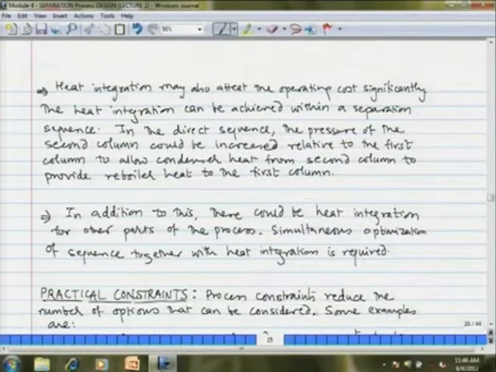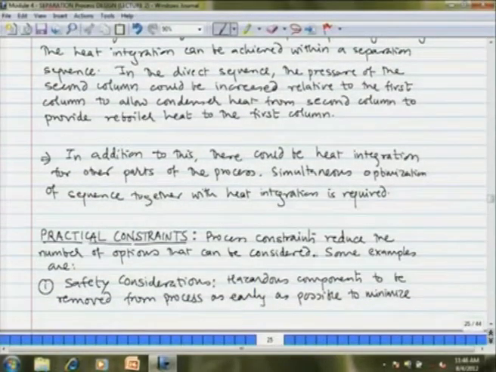All these things about temperature difference you have seen in the course on heat transfer in NPTEL. As I said, we are not here to learn principles, but only application. So, in one column you increase pressure so that the condensing temperature of the vapor increases. In the second column you reduce pressure so that the boiling point of the liquid decreases, and try to achieve the desired delta T for the heat integration. In addition to this, there could be heat integration from other parts of the process. For example, take the HDA process. The stream which emerges from the reactor is at very high temperature and pressure, so it has sufficient heat in it to drive the reboilers of all the columns. So, that heat integration is also possible.